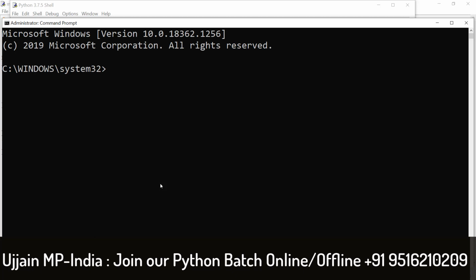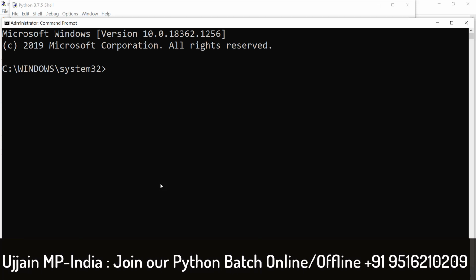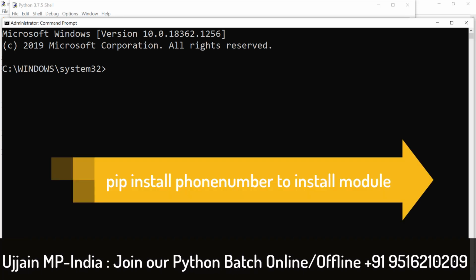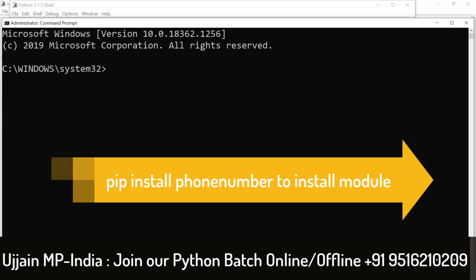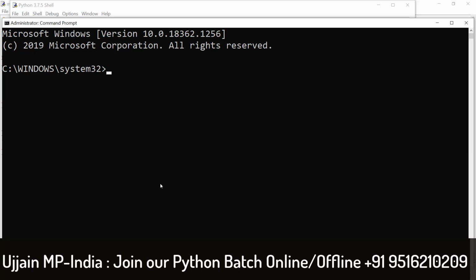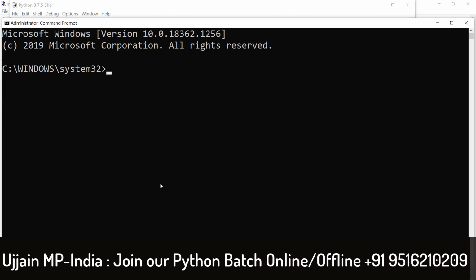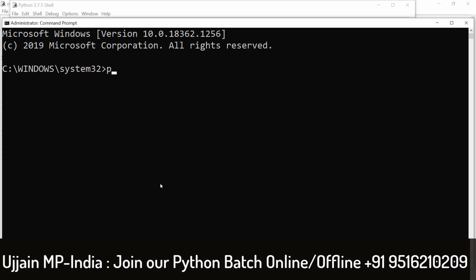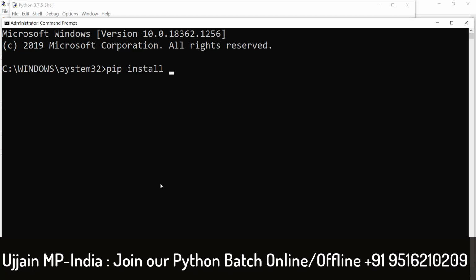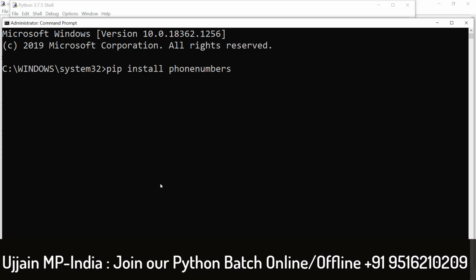Ensure that your laptop, system or computer is connected to the internet, otherwise your program will not work. Here fire one command, pip install phone number, and hit enter.